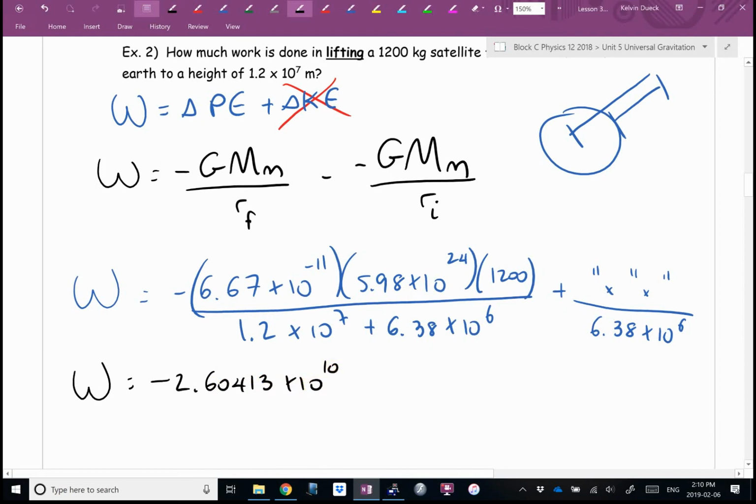Just as a rule of thumb, so you can tell if you've done this right or wrong, usually when you're figuring out how much potential energy objects have when they're in an orbital height, even if they're not in orbit yet, it'll be in the 10 to the 9th, 10 to the 10th range. Once in a while, 10 to the 11th, if I put something way out there, then